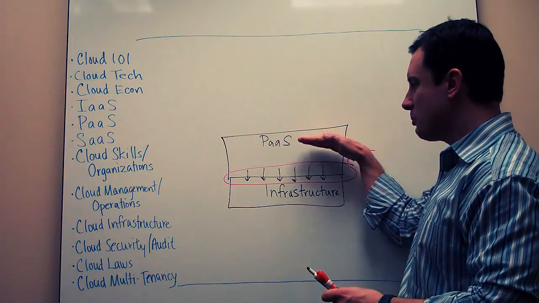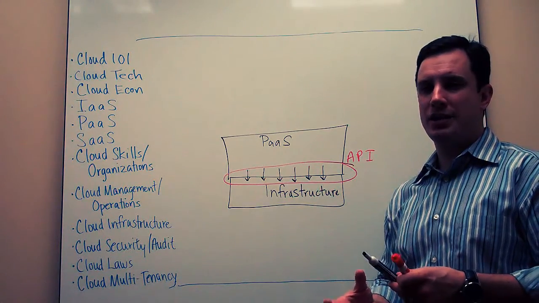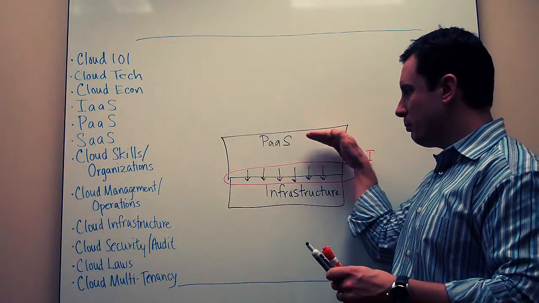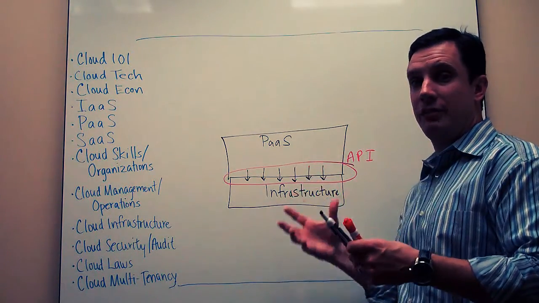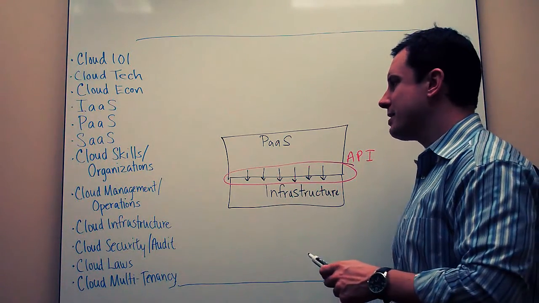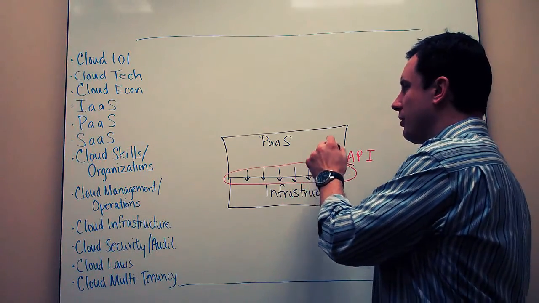Okay, so the first thing a PaaS has to be able to do is deal with the infrastructure. Just like an operating system has to be able to deal with CPU and memory and I/O, PaaS has to be able to deal with the underlying infrastructure. The next thing a PaaS has to be able to do is say, what's the framework for the application?